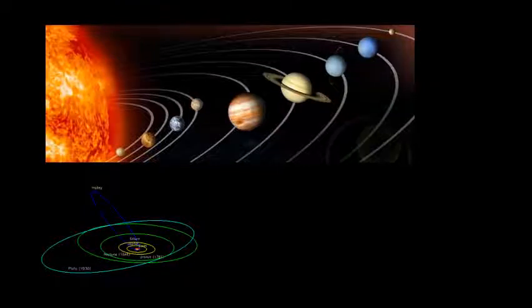Characteristics of the planets. Our solar system, first off, we need to know the order of the planets and their characteristics. Starting up here at the top, I always use the mnemonic: My Very Educated Mother Just Served Us Nachos. So we have My Very Educated